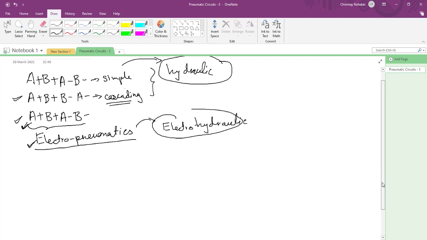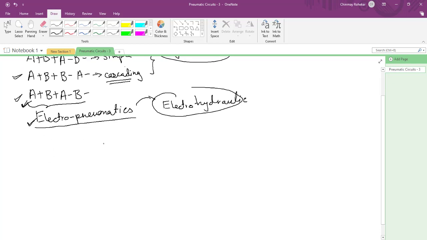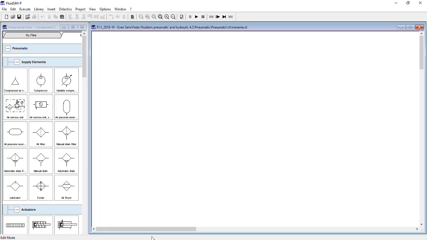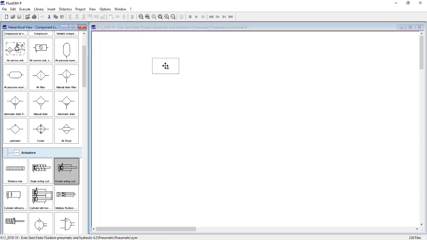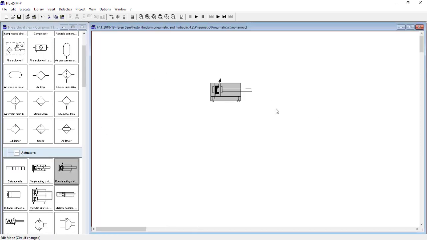So as we have to start the question, let us first write the question so we know. We have to draw pure pneumatic circuit for the piston motion A plus, B plus, A minus, B minus. If you remember yesterday's lecture, you will know the steps that we have to start off with. The first step is to find the number of piston cylinders that are required. So it is A plus, B plus, A minus, B minus. There are two alphabets, A and B, so we require two piston cylinders, right? So first of all, we will draw two double acting cylinders. That will be our step number 1, right?